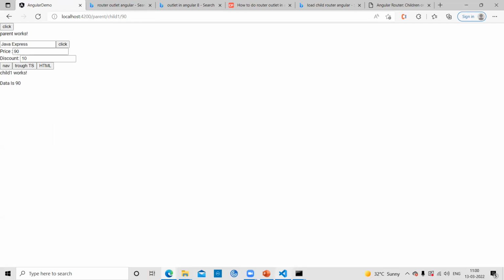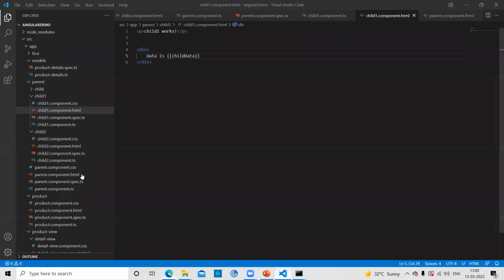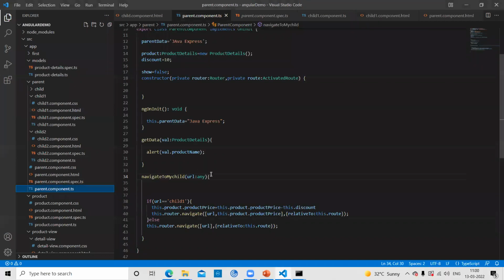So if you want to do any calculations or anything, you can use this TS. So you can navigate from TS. Assume that you are getting data from the backend and you want to navigate